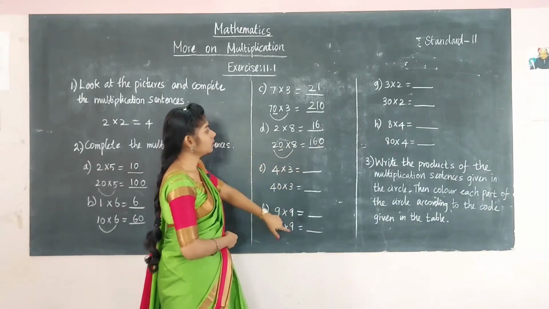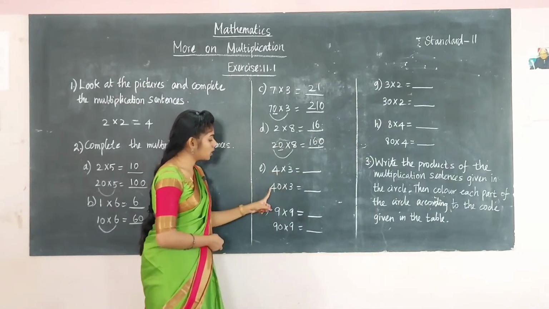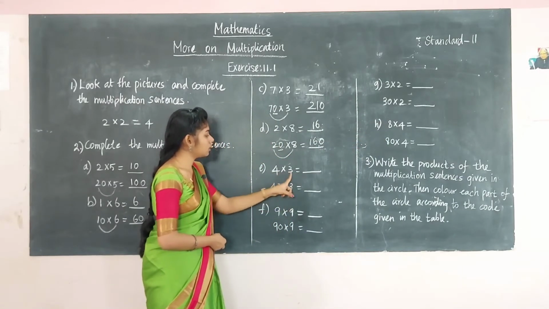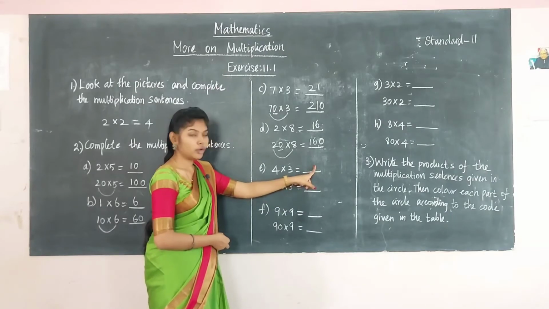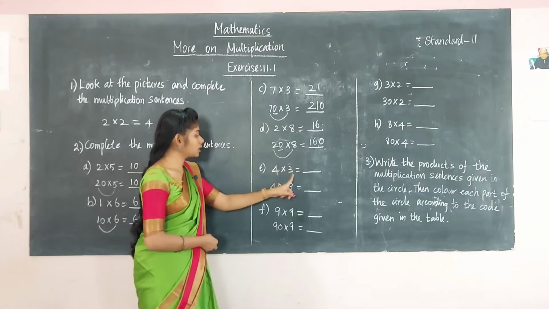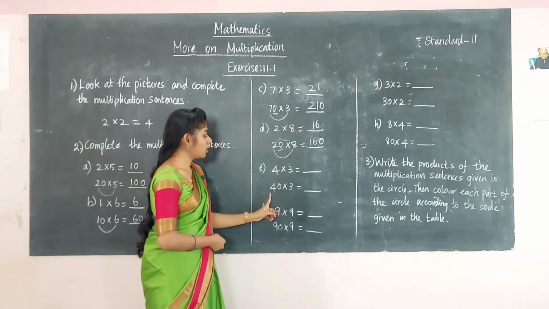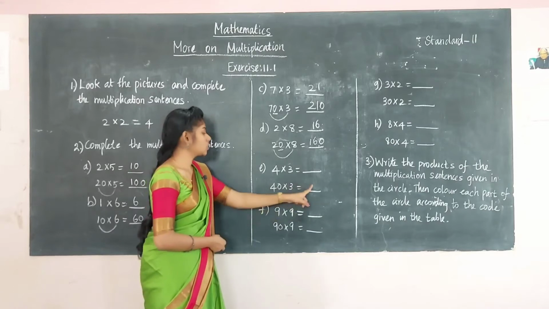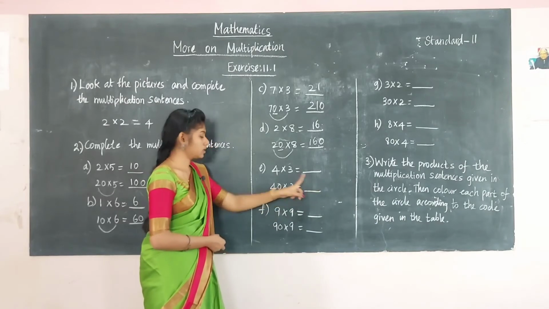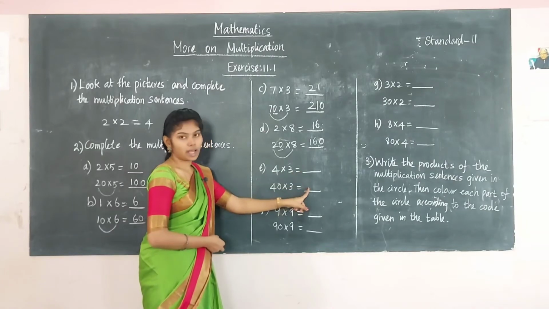And the remaining 4 problems you are going to do as your homework. 4 into 3. 40 into 3. Just multiply these numbers and write here. You know the multiplication table up to the 10th table, no? So multiply these two numbers and write the answer. And here 0 is here. Multiplying by tens it is. So write 0 in the last place and multiply 4 and 3. Already we have multiplied. So you can write the answer here.